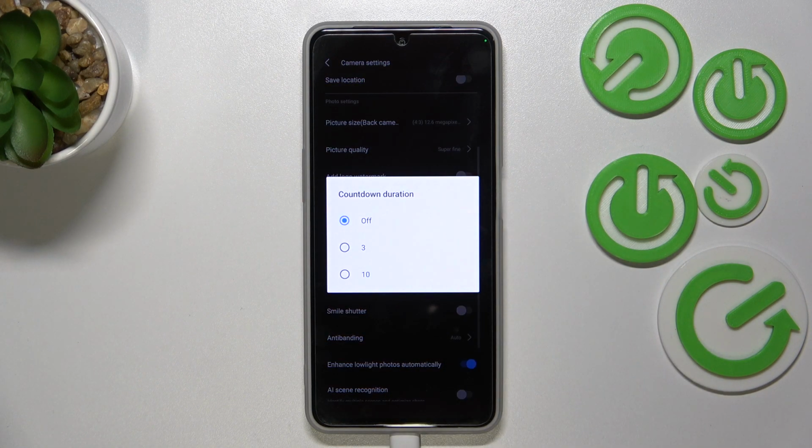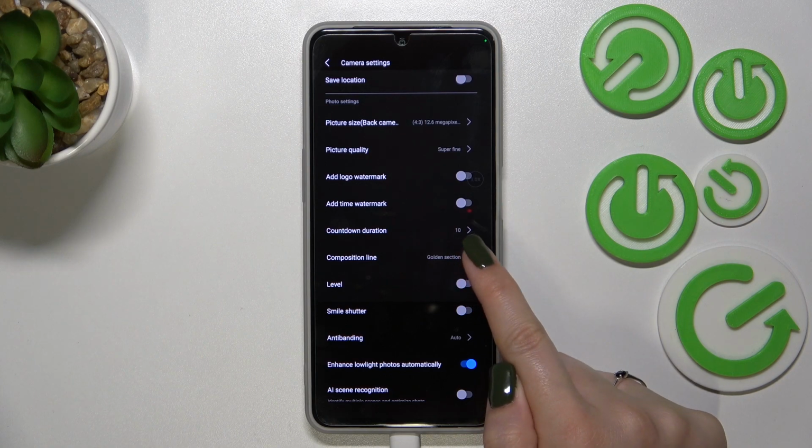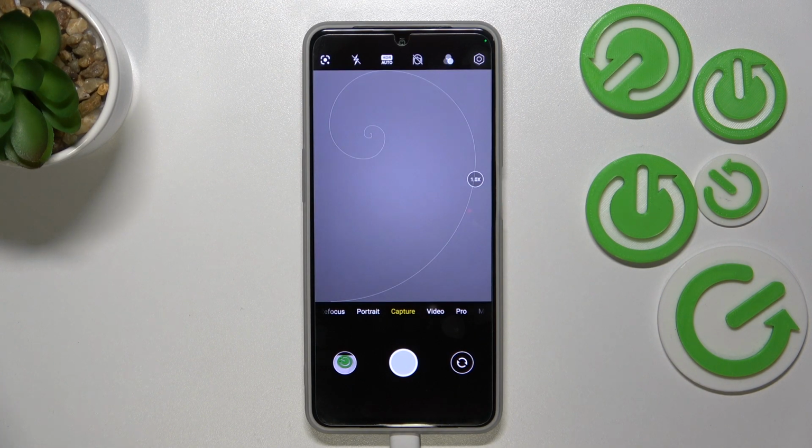So let's tap on it, and as you can see, we've got 3 different options from which we can choose. So obviously we've got the off option, which is currently applied, but we can set 3 or 10 seconds delay. So let me pick, for example, 10 seconds delay. As you can see, after tapping on it, it will be immediately applied. Here we've got this small 10 number, so now we can go back to the